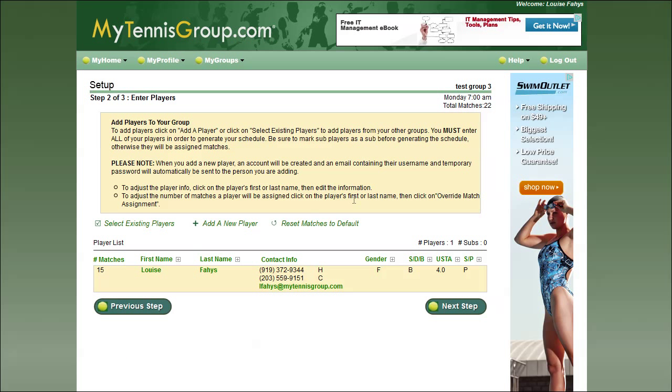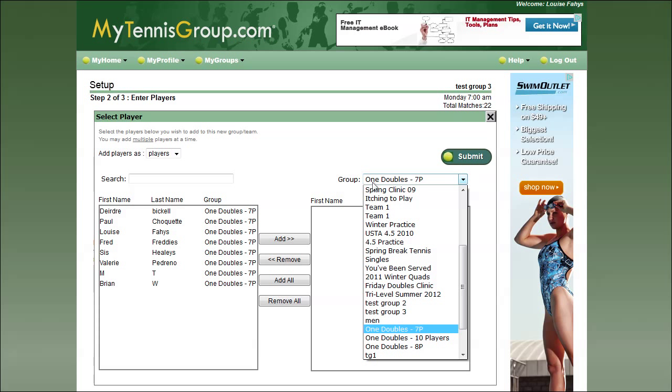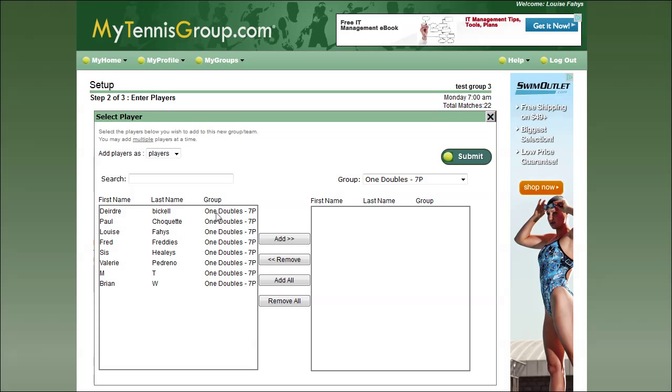Okay, now we're actually ready to add the players. If you already have an account with us, it's pretty easy because the system remembers other players that you've been associated with in other groups. So you could use select existing players, choose the group here that you were part of, and then from here you can actually add the additional players. So you just click here to add the ones that you want,